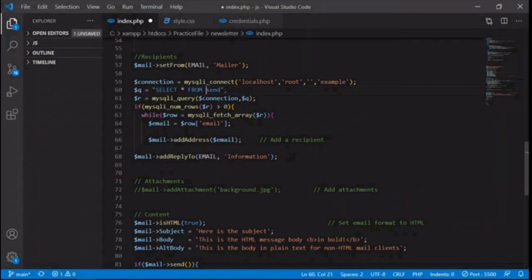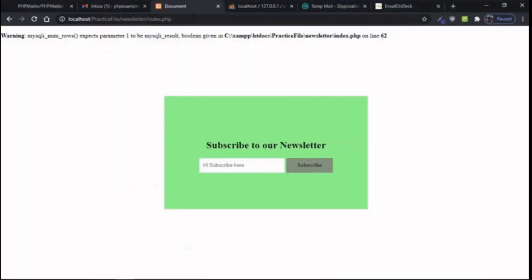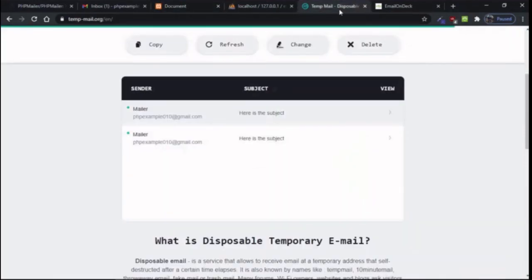The error is that the table name is send underscore mail. Save it and refresh the page. It's taking some time, wait for it. Okay, we got this successfully sent message.